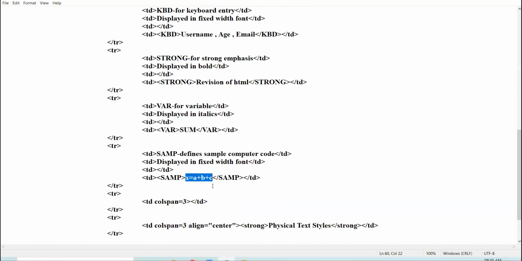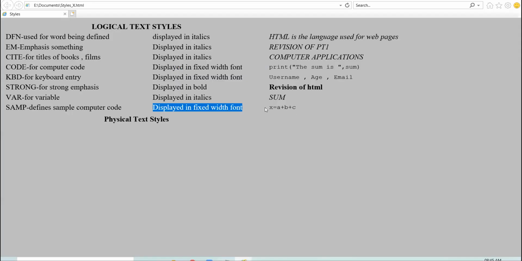This is how we add three numbers and store the result in x variable. This is the criteria we used in programming. So this statement, this command, I have enclosed within the sample tag, and you can see the output that appears. Output is appearing in fixed width font.